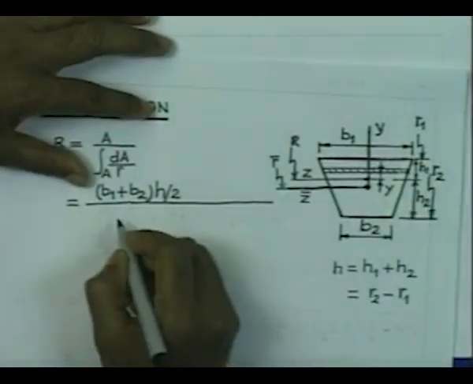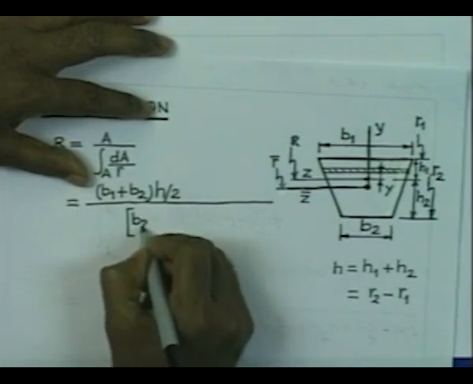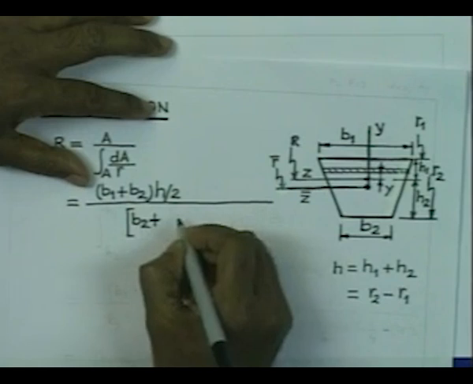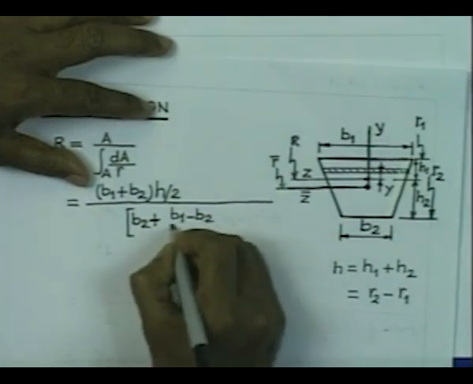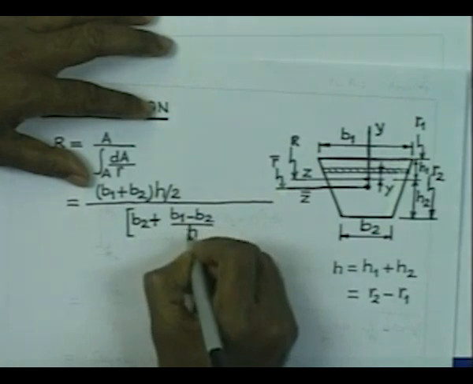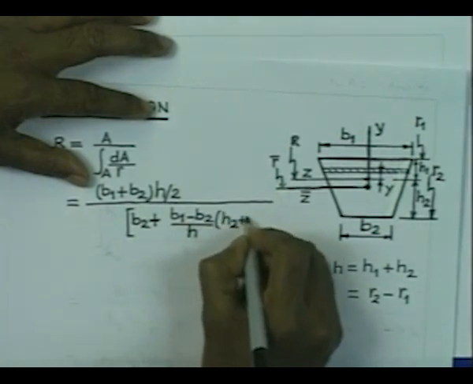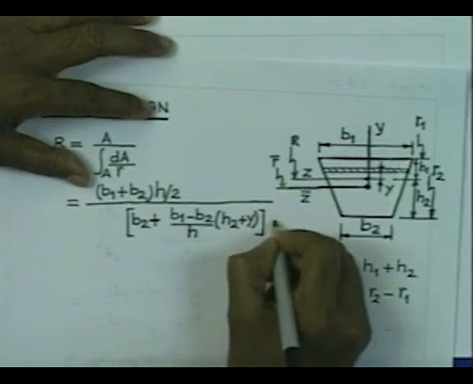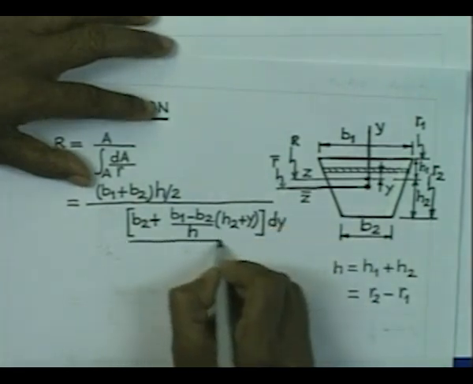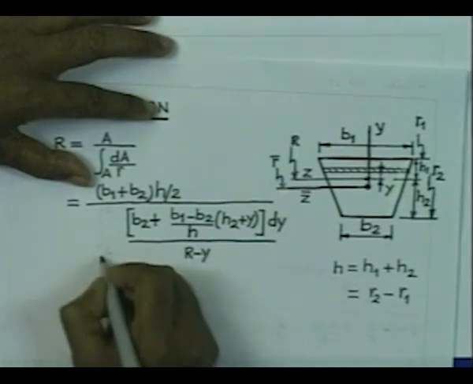So, we have got this area given by b2 plus (b1 minus b2) divided by h into (h2 plus y) into dy. So, that is really dA, and the denominator is r minus y,